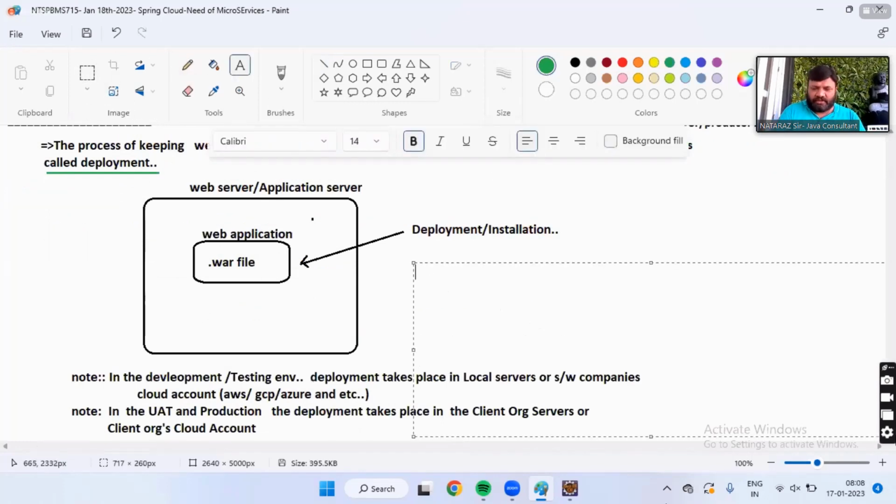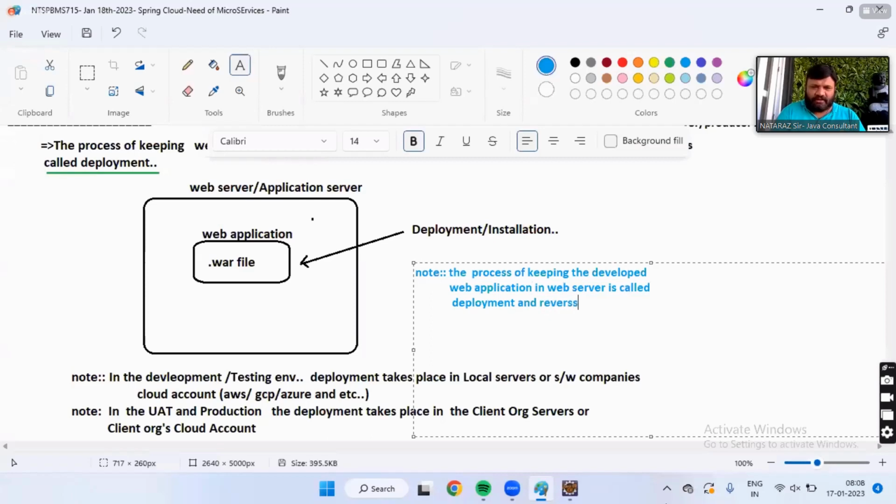Note: the process of keeping the developed web application in the web server is called deployment.